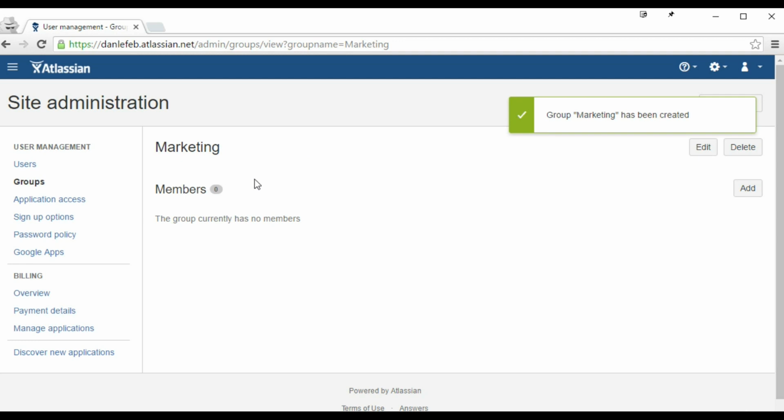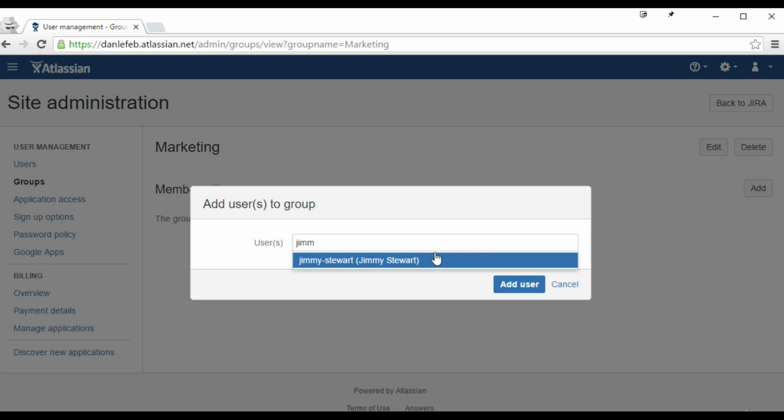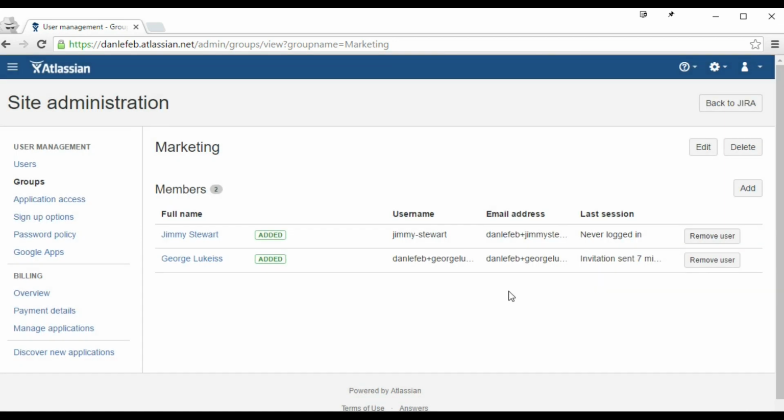There's nobody in here. And now we can add members. So let's say Jimmy's a part of marketing, and let's say George is a part of marketing. So we can add those users into this group. And now anytime somebody saves a filter or shares a filter for this group, shares a dashboard with this group, anytime somebody invites somebody or shares whatever to this group, then these are the users that are going to get notified. All right, so fairly straightforward process,